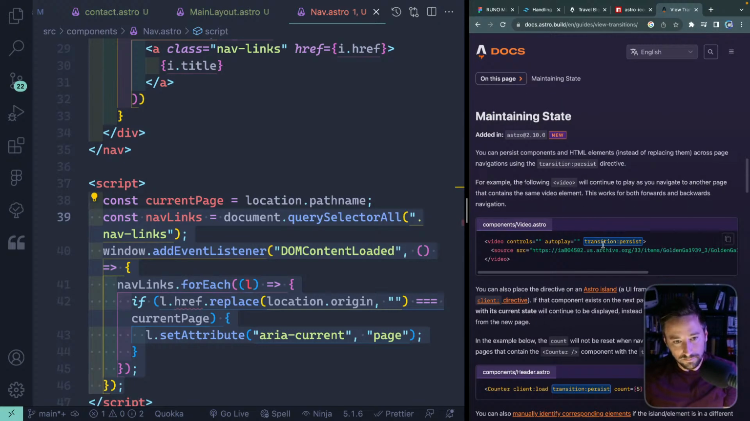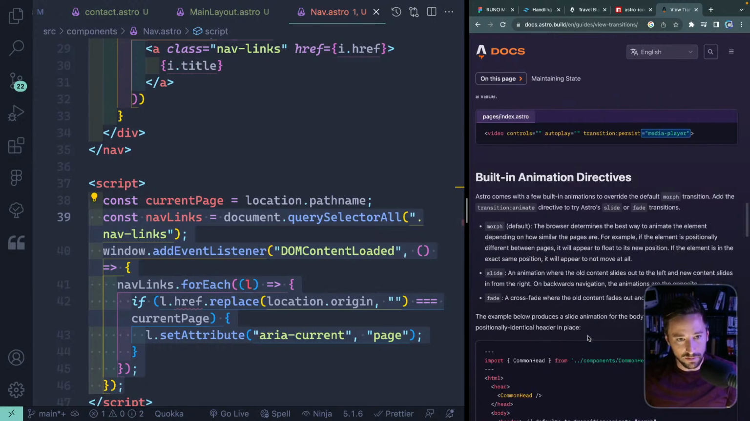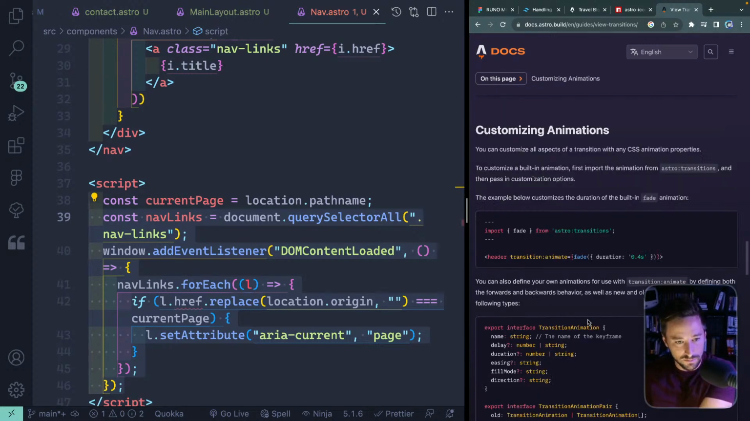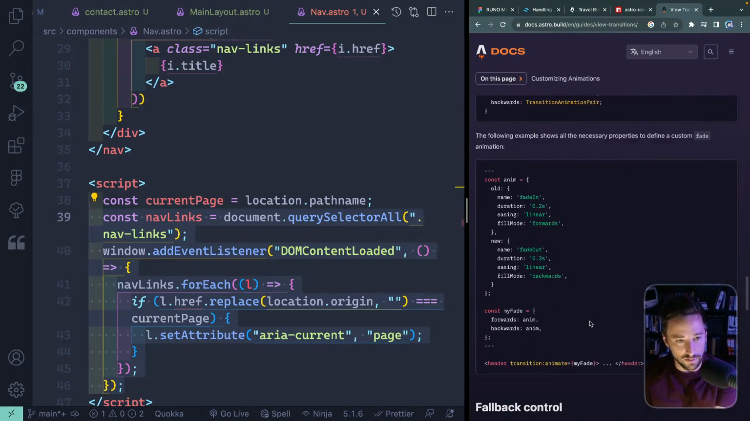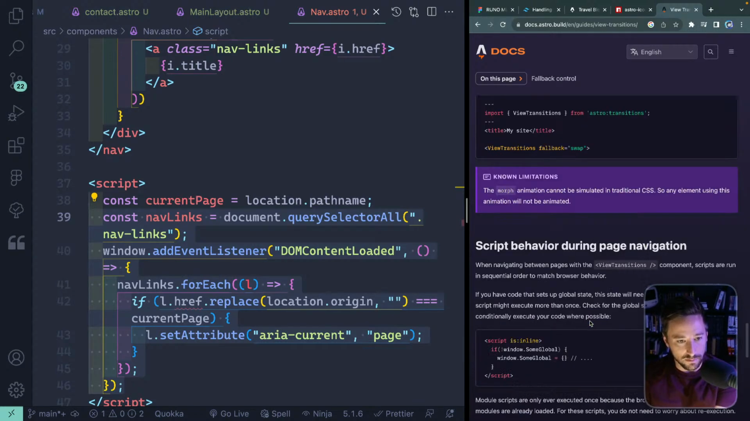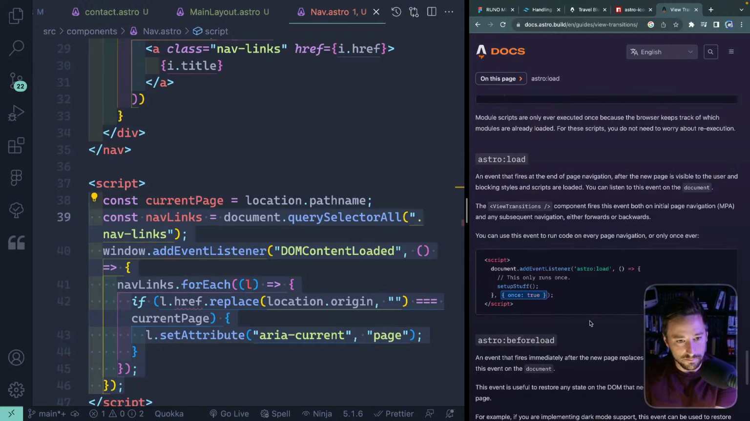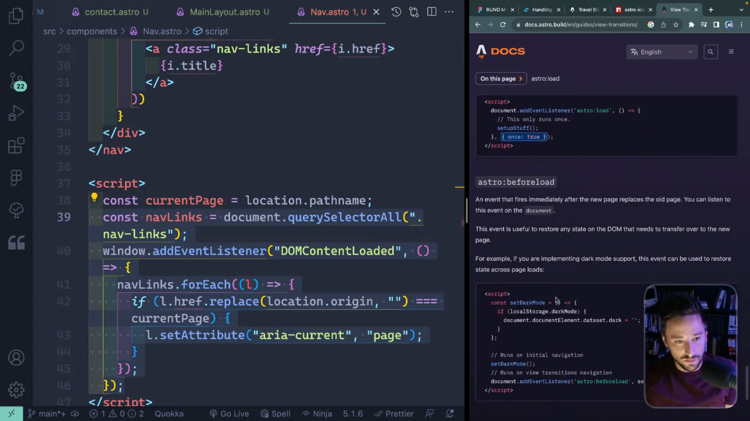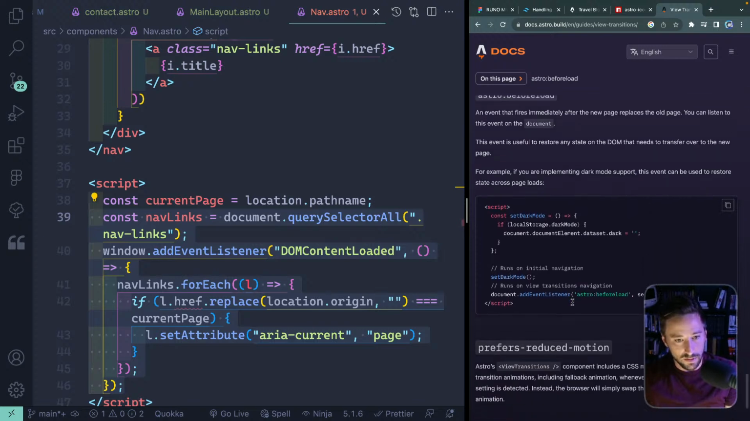So you can first of all put this transition persist on items, and that will allow you to work with it. There's also a function here somewhere. I got to look at it. Here we go, Astro load. So the Astro load fires at the end of the page navigation. And so that way you can listen to it and basically run stuff based off that. You can also do a before load that runs before. So for instance,